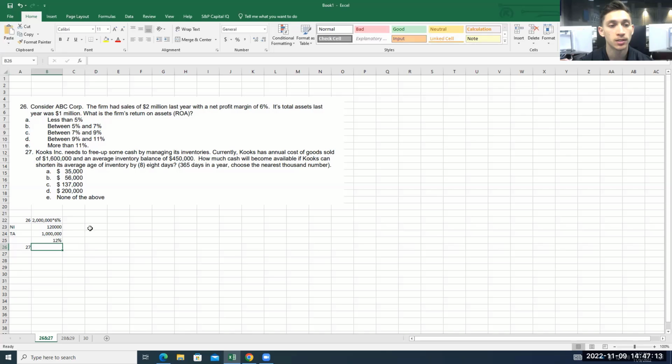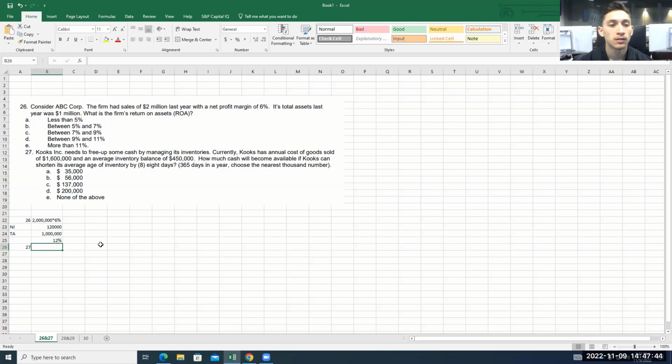Question 27: Cooks needs to free up some cash by managing its inventories. Currently, Cooks has annual cost of goods sold of 1,600,000 and an average inventory balance of 450,000. How much cash will become available if Cooks can shorten its average age of inventory by 8 days, using 365 days in a year, and choosing the nearest thousand number? All right, so if we go ahead and start, we need to find our